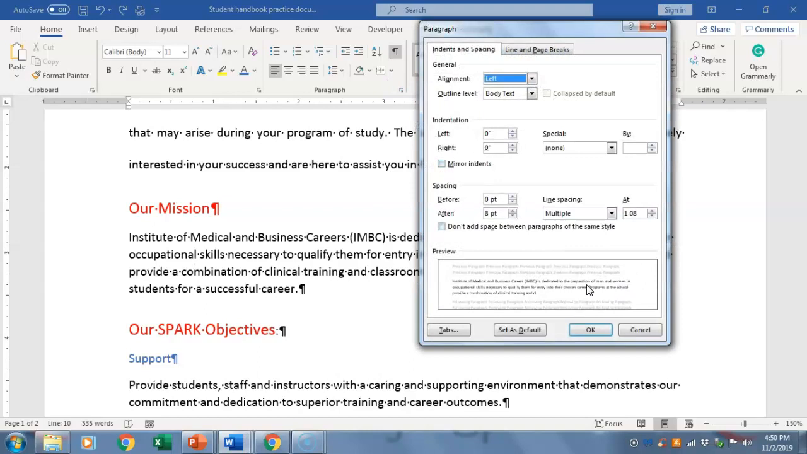The right would just bring it in from the right. Normally, if we're going to do a right indent, we're also going to do a left together. We can do a left-right combination. Word also has two special indents, and so right now it says none. I'm going to do a first line. If I want to change the first line indent to something other than the default, I make the change here,